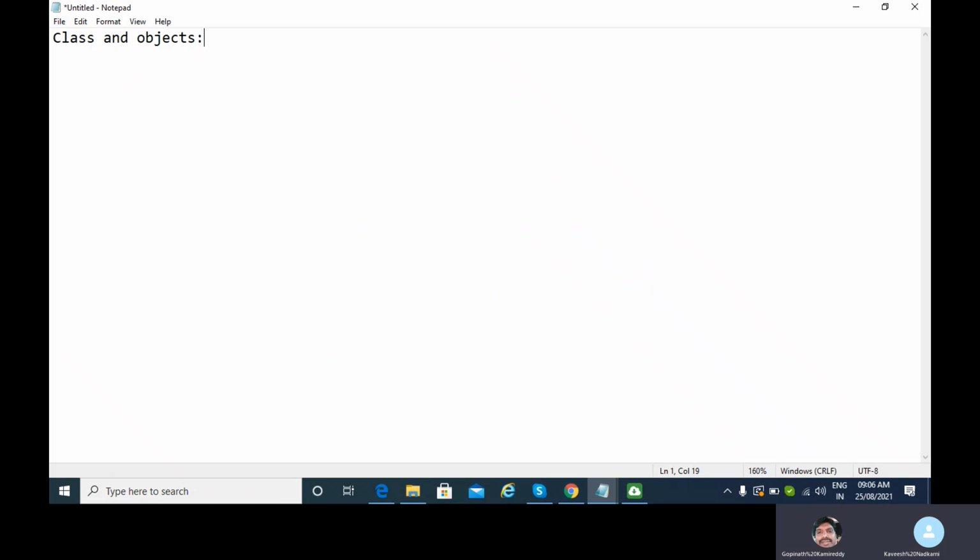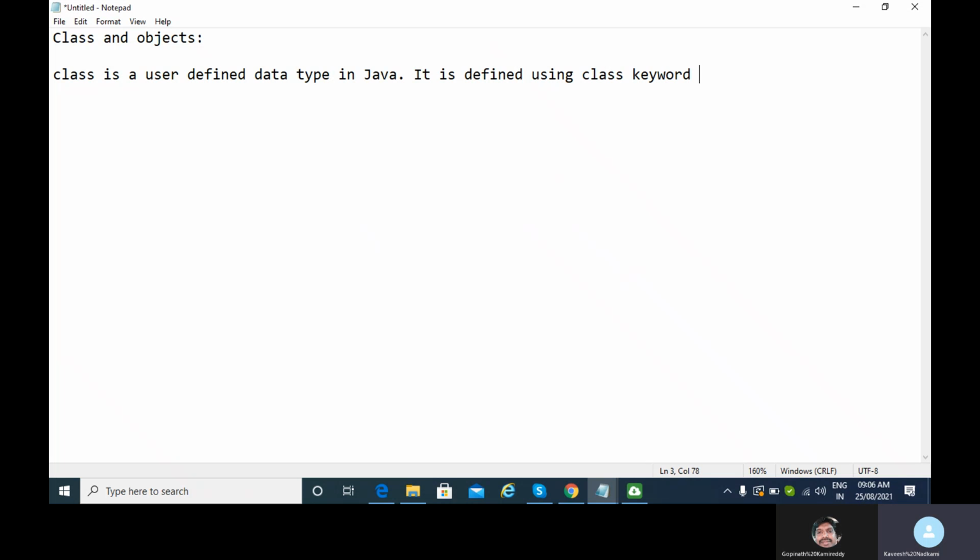You copy now? So in Java, remember, we don't use the word member functions. We use the word member methods. Okay, Gopinath? Okay. So I'll just write here. Class is a user-defined data type in Java. It is defined using the class keyword in Java.